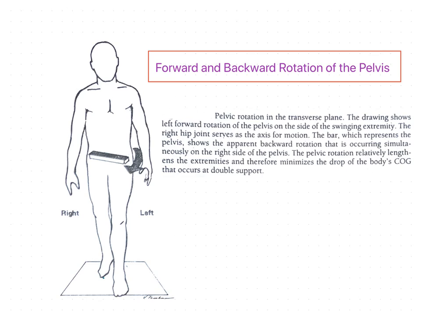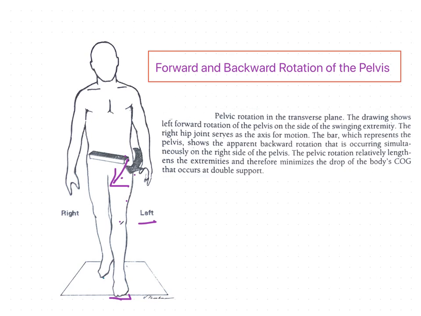Next determinant of gait is the forward and backward rotation of pelvis. Forward and backward rotations of the pelvis in the transverse plane accompany forward and backward movements of the lower extremities of the gait. Okay, so forward rotation occurs on the side of the swinging extremity. So here this is the swinging extremity, so we can see the forward rotation, that is left side. Left one is swinging forward to keep the limb in front, so there is a forward rotation of the pelvis